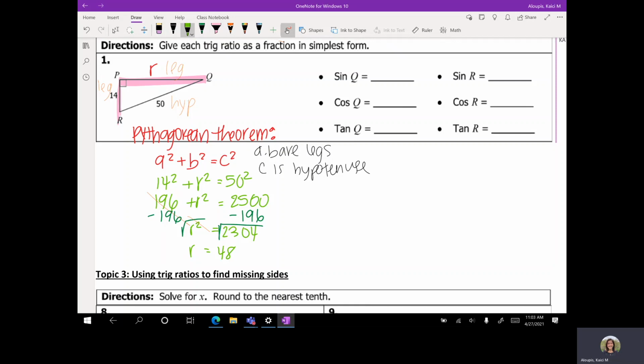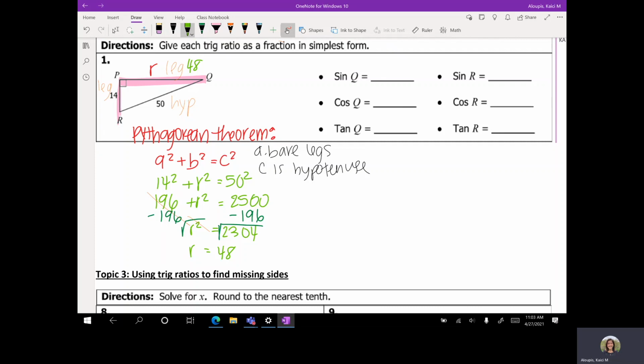And I'll go ahead and write that up here. 48. Okay. That's a weird 4. I don't like it. Nope. 48. Okay. So now that we know the three values of the sides of our triangle, we can now use